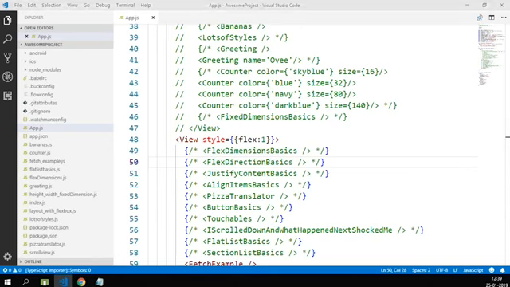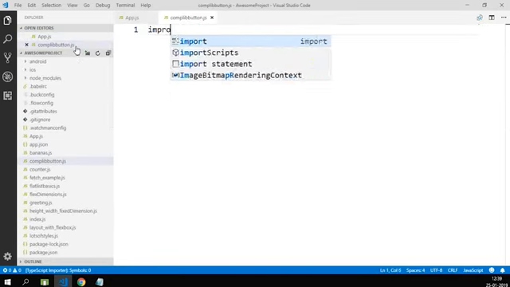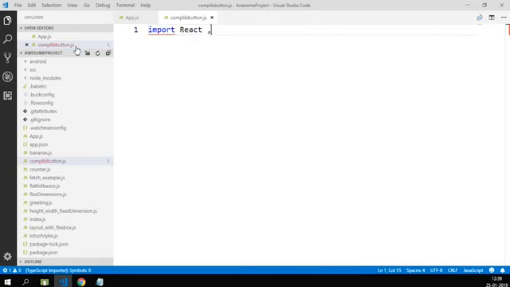So we already have taken care of one of the component libraries, that is nothing but React Native Elements. So what I want is I just want to use it here. I just want to use any of the functions from that particular library. So let me go for one component. I'll go for one button, that is my component library button. So comp lib button.js. I'm just gonna import React and